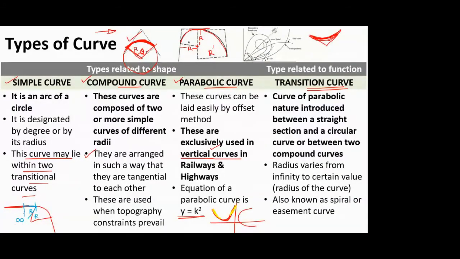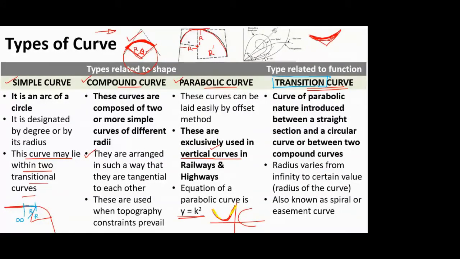Okay. So this transition of the radius from infinity to R is possible due to the length of the curve, and that curve is nothing but a transition curve. So from the function itself, it derives its name, that it is helpful in transitioning from one phase to another, or from one direction to another. And if you see the curve, we are not able to distinguish whether it's a curve or a straight line. That's because the curve is flat, and it is gradually changing its radius.